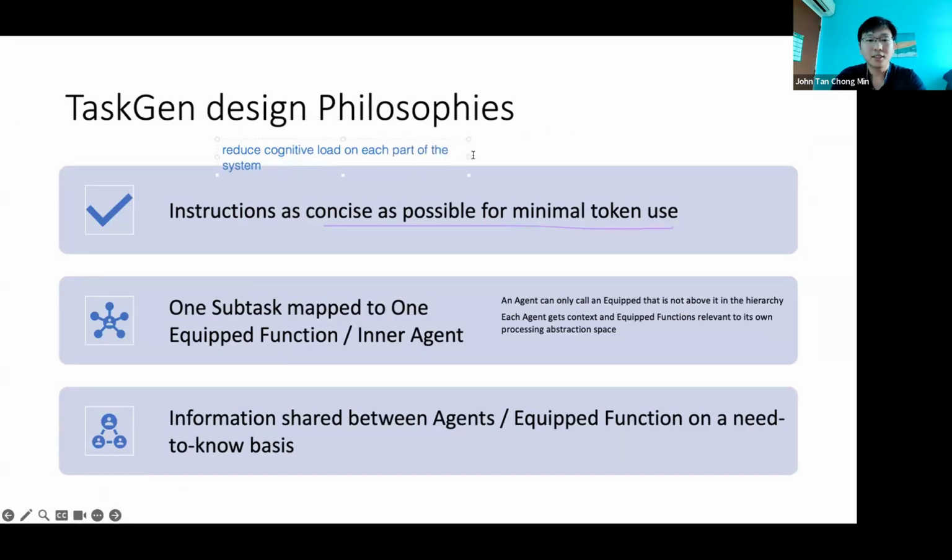Right. Then the second thing is we want to map each subtask to only one equip function, because this is called feasibility of actions. We want to make sure that actions are feasible and not something that cannot be done. All right. So the other guidelines that you should use when you use TaskGen: